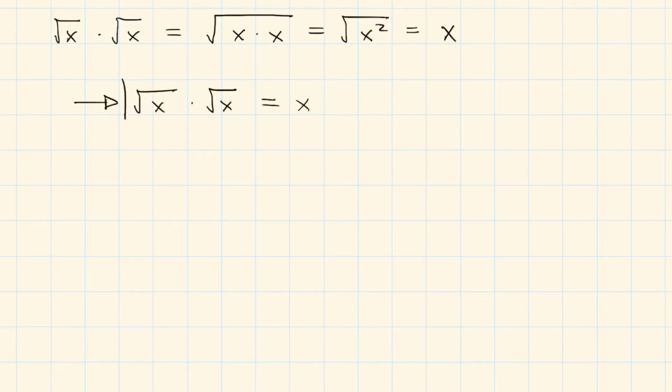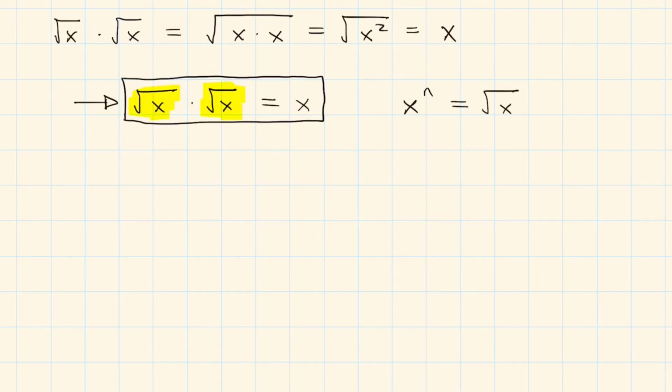Okay, this is really important to us because now we know that x on the right-hand side of the equals is x to the power of 1. So we know root x times root x equals x to the power of 1. So we can set things up and say x to the power of n equals root x. We can sub it into this equation and try to figure out what exponent would lead to x to the power of 1. So that's what I'm going to do. Instead of having root x, I'm going to say root x is x to the n. So I'm going to go x to the n times x to the n